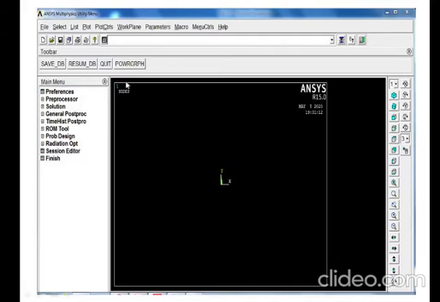I explained this ANSYS introduction in my online classes, and now I recall it again here. This is for preferences. In the preferences module, you select which type of analysis you are going to solve, like structural, thermal or dynamic behavior. The next one is preprocessor, then solution, and then general postprocessor. These are the main solving steps for FEA, finite element analysis.